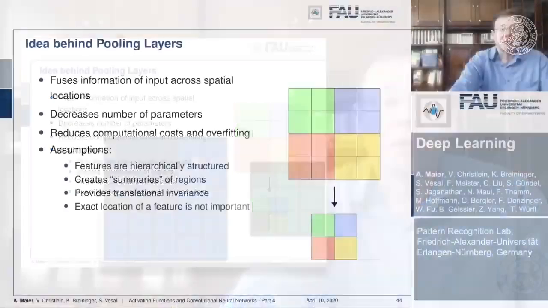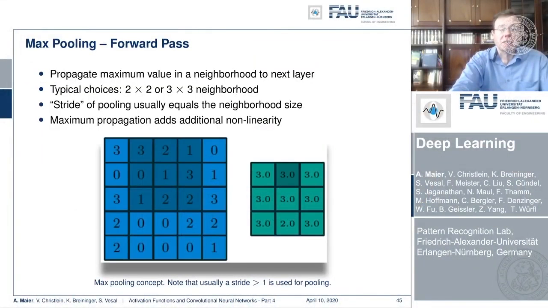into your network. So here you see a pooling of a 3x3 layer, and here we choose max pooling. So in max pooling, only the highest number in the receptive field will actually be propagated into the output. Obviously we can also work with striding, and the stride typically equals the neighborhood size such that we get a reduced output dimension. One problem here is of course that the maximum propagation adds an additional non-linearity, and therefore we